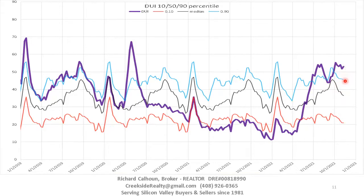The blue is the second worst year we ever had, which turns out to be the 10th percentile, and the 90th percentile, which would have been the best year, is down here in the red. So you'd expect it to be between the blue and the red, and you'd expect it to be on the black. Instead, it's quite a bit above the blue. What's that saying? It's saying that we're having a very slow marketplace compared to what we normally have based on